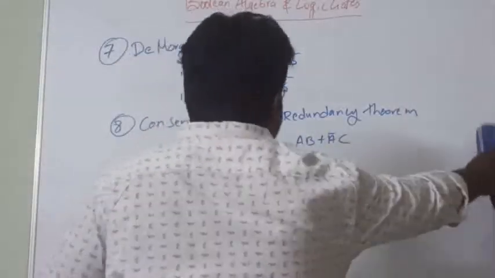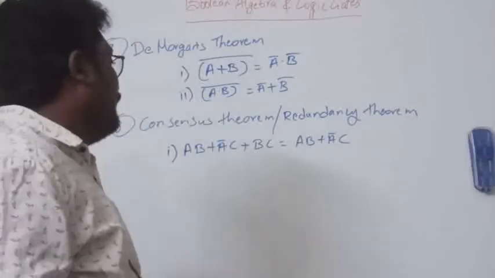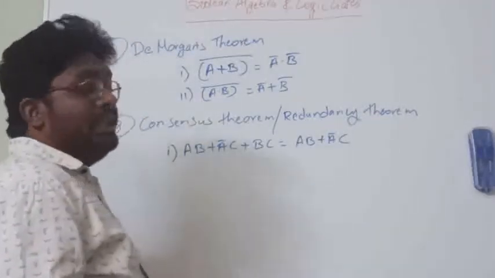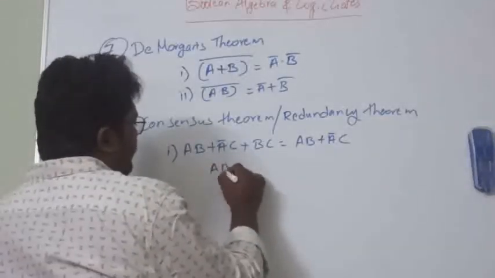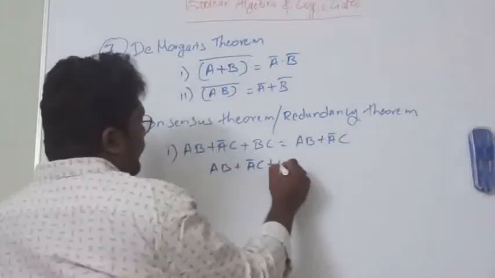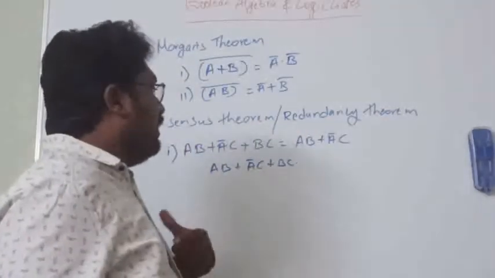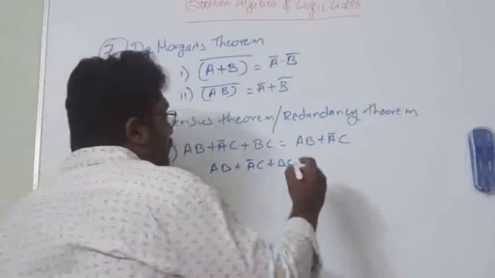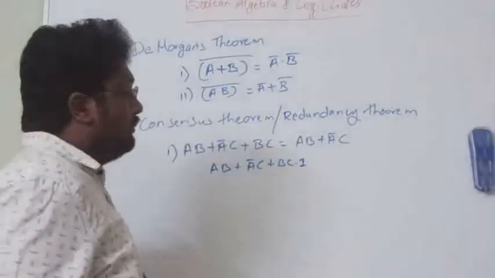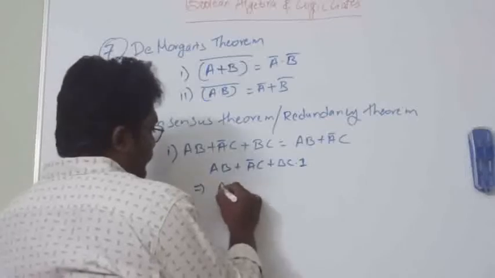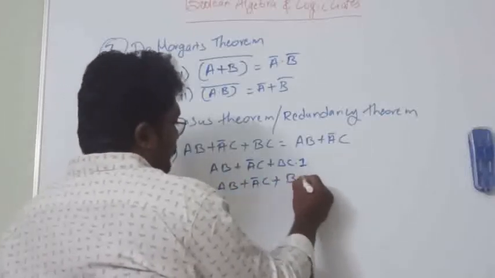Let me show the proof for this consensus theorem: AB plus A bar C plus BC. Taking the LHS, AB plus A bar C plus BC, this is the LHS. Now I am considering this, and here I am multiplying BC by 1. So this implies AB plus A bar C plus BC,